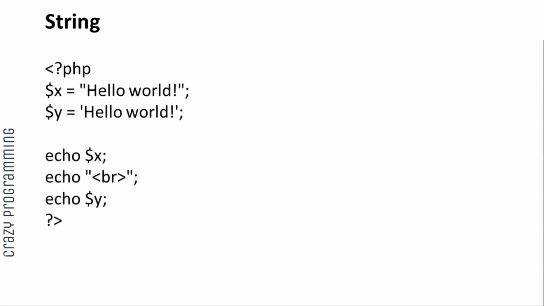This is a string, as I declared the variable x, and inside it there is the value hello world, and you can see the value is written inside double quotation marks. So anything inside double quotation marks is a string. That's clear. Let's